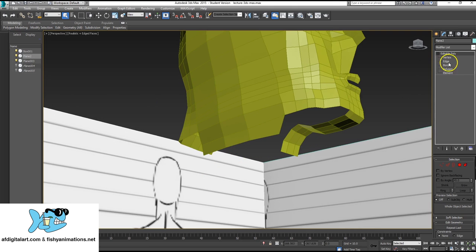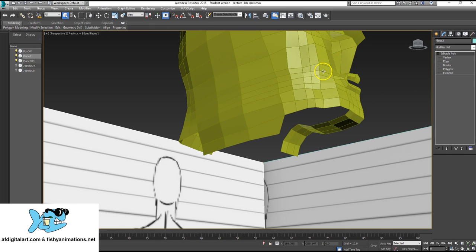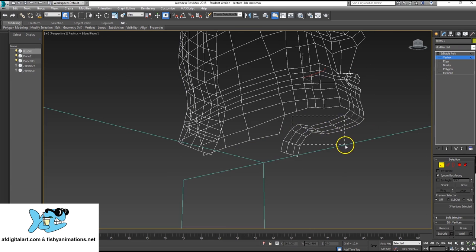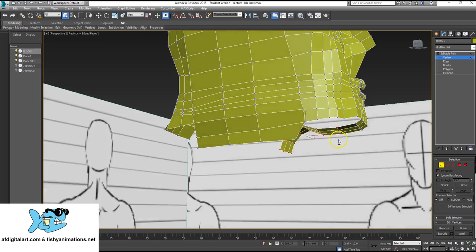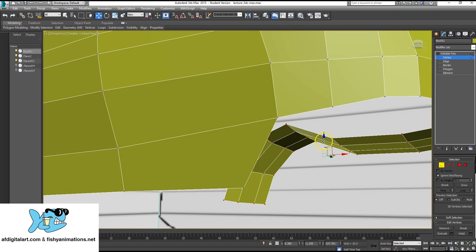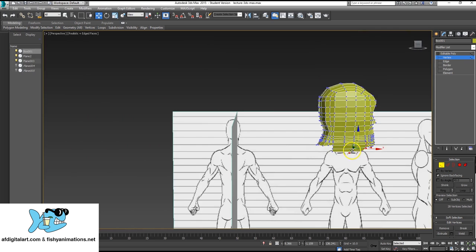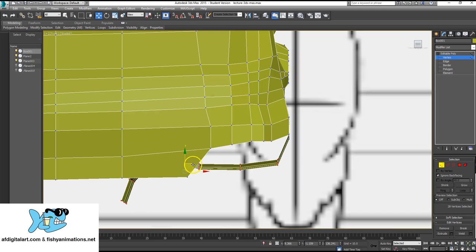So I'm actually going to take all these vertices. Let's see. Hold Control to select multiple. And this part of the chin as well. Let's see. Perfect. Get the move tool. I'm going to bring it down. Let's see what the profile view looks like here. There we go. Okay. And now